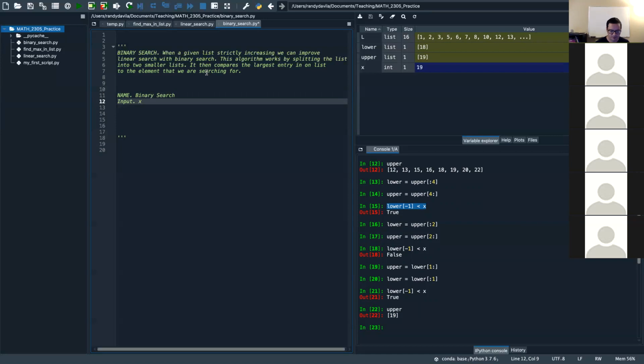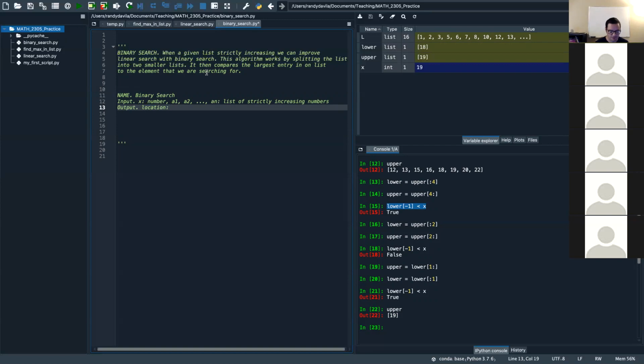Input, so x, which is some number, and then a1, a2, dot, dot, dot, an, a list of strictly increasing numbers. Okay, and then the output is going to be location,